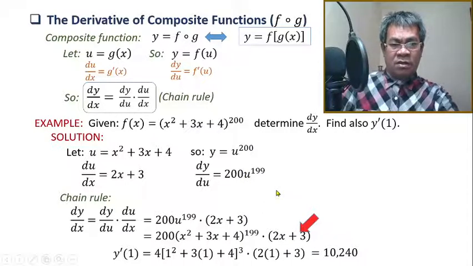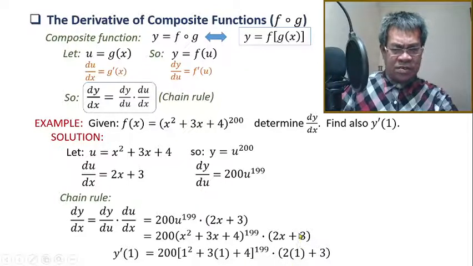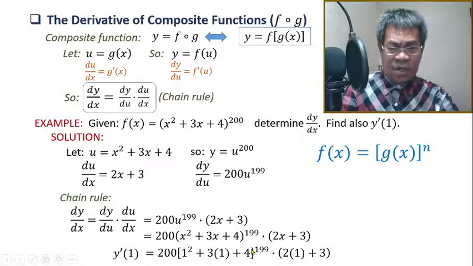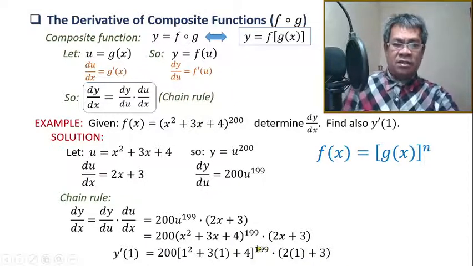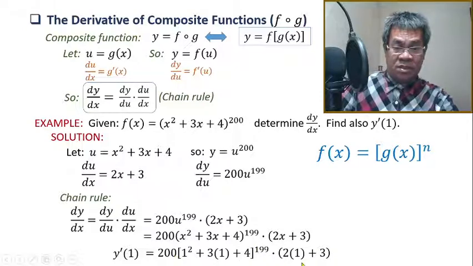Okay, now look at this one. Let us analyze this. Oh, by the way, sorry. This line needs to be revised. So this will become 200, 1, okay? Changed by 1. And this one, okay, this is 199 already. So they have to be replaced by 1, then calculate. And okay, we cannot provide the numbers here because we cannot use our calculator because this is 199. But you can present this as your final answer.